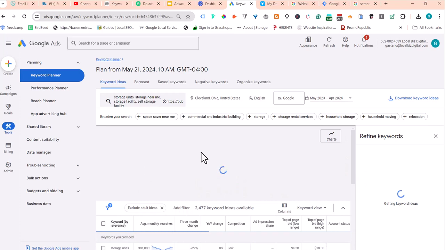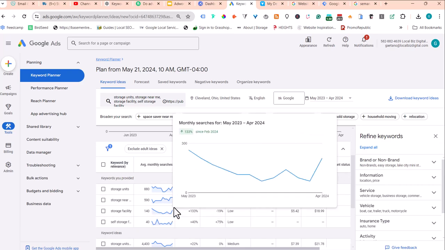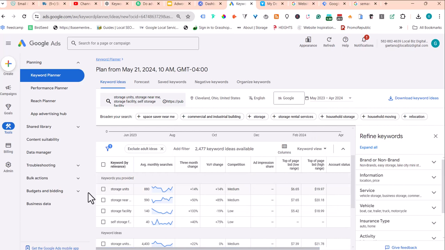So we go here, and it's going to give you the volume, the monthly searches. You can see we're approaching leasing season, so you can see this is going up. It's going to give you the 3-month change. When you see keywords that have positive changes, you're going to definitely want to use those. And then